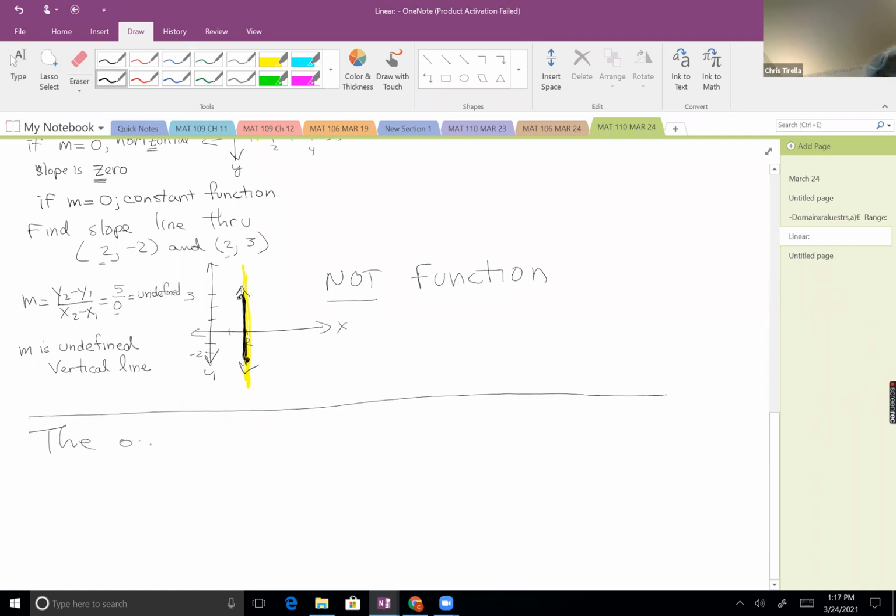The only time a linear equation is not a function is if it's a vertical line